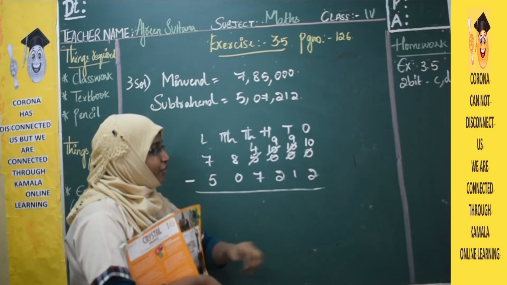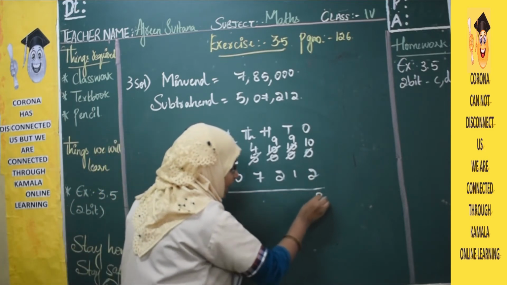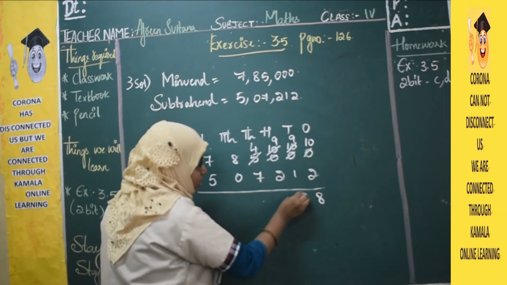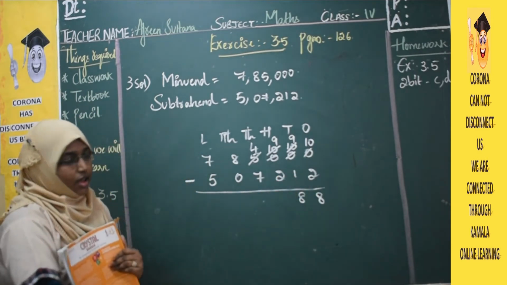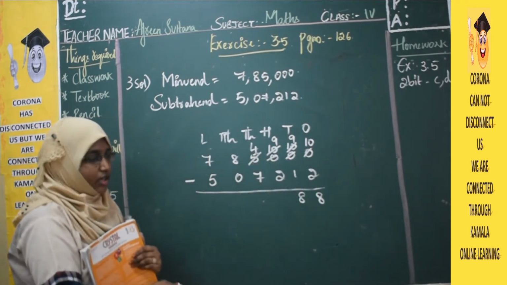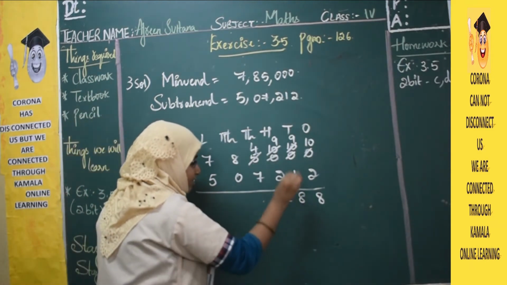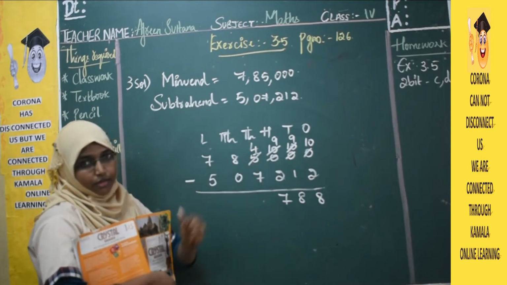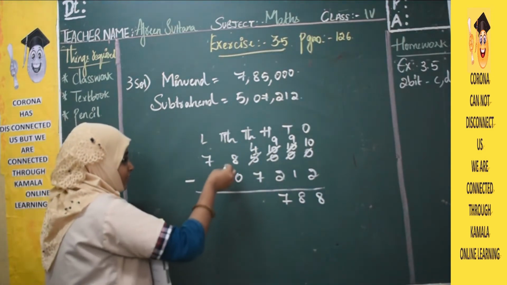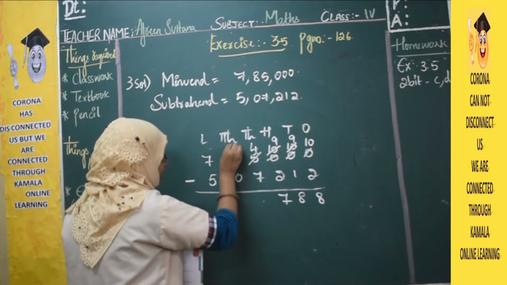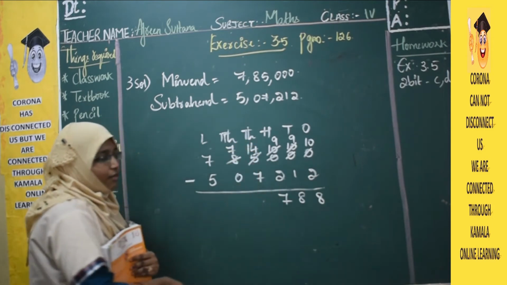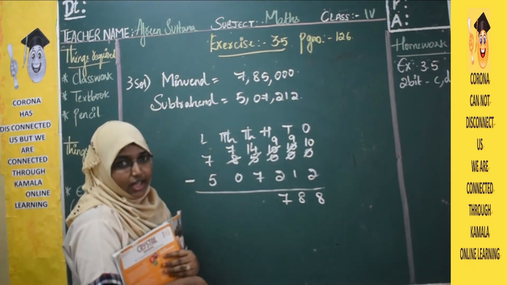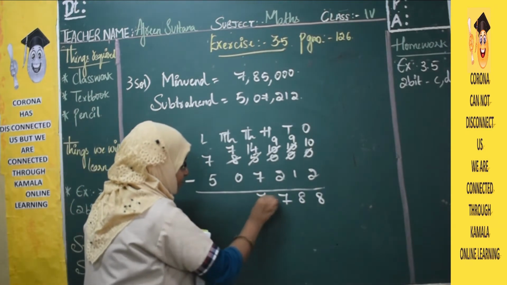So if we subtract 2 from 10, we'll get the result as 8. Next, 9 minus 1 is 8. 9 minus 2 is 7. Now if you see again, 7 is a bigger number which we cannot subtract from 4. So what we will do? Very good, that is borrow. Now this becomes 7 and this is 14. Now easily we can subtract. So 14 minus 7, we will get the answer as 7.